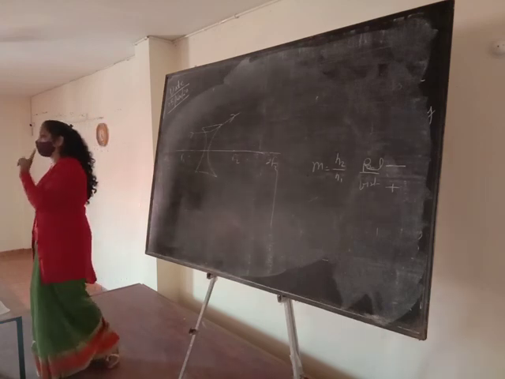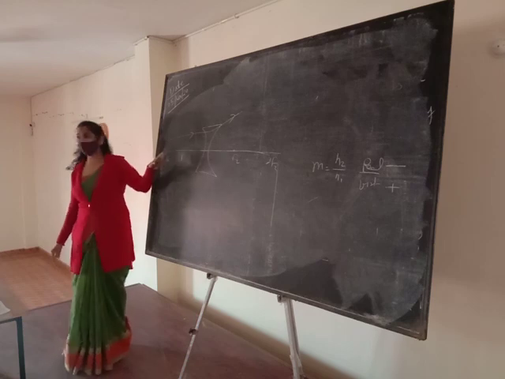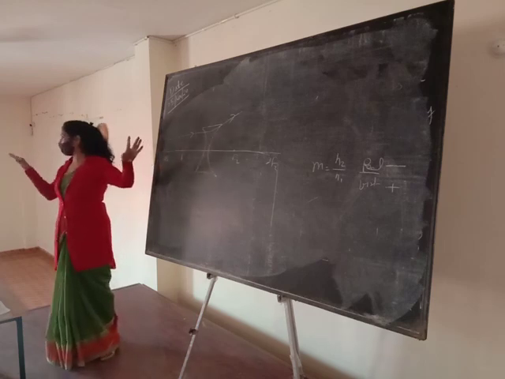First one: the light ray which is coming parallel to the principal axis passes